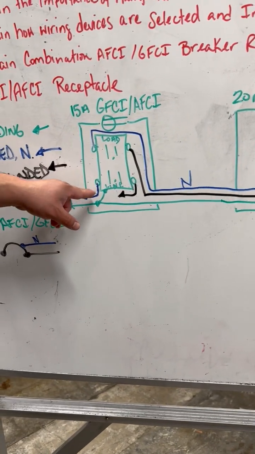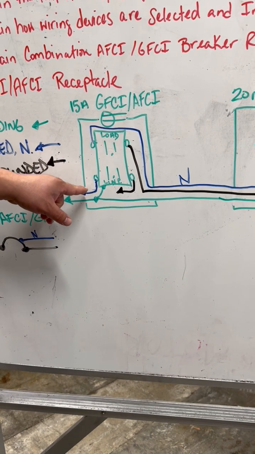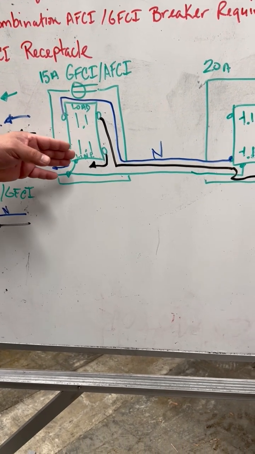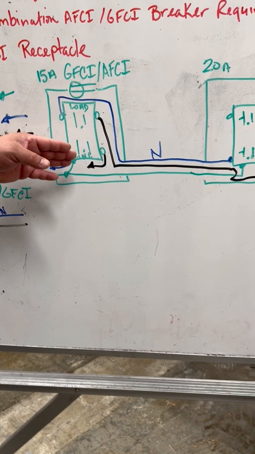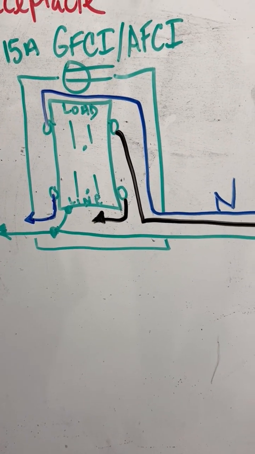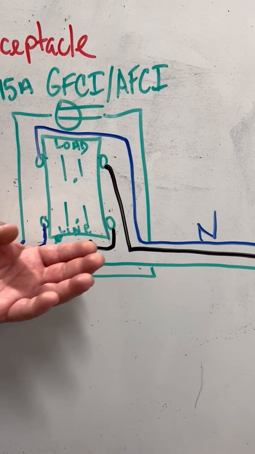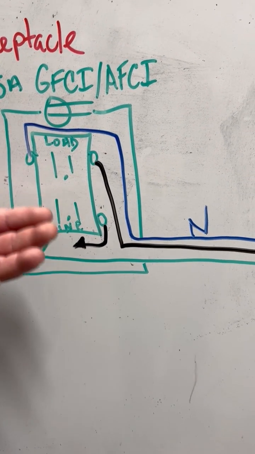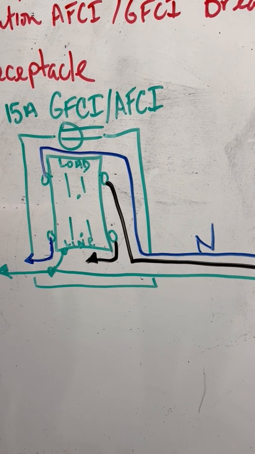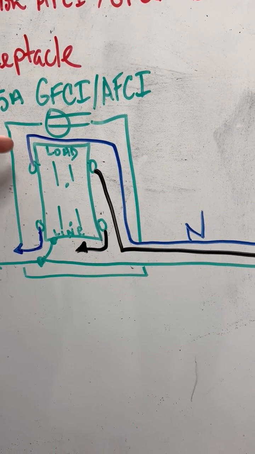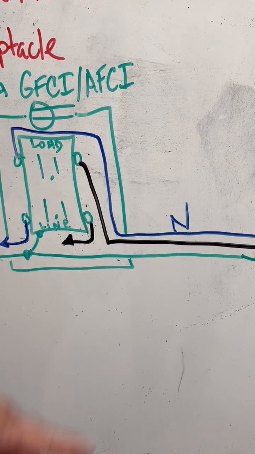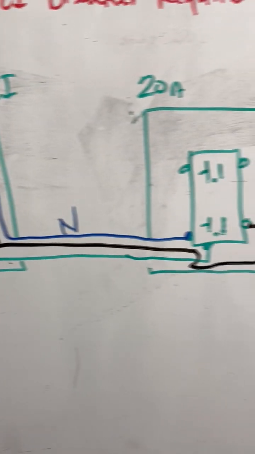Starting back here again, we've got the grounded neutral, obviously just with the arrow tip, coming in on the line side of a GFCI. This is where we bring in the illustration of the manufacturer requiring that line side incoming power comes into the bottom, as it's illustrated on the back of these devices. And then we leave out with that neutral through the load side and continue on to the second or downstream